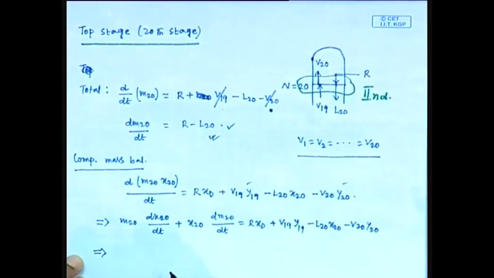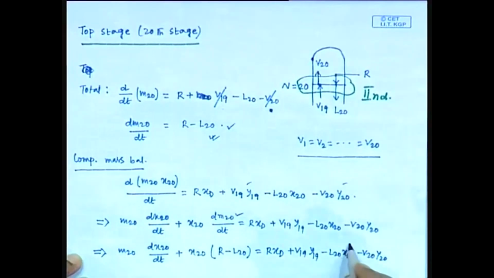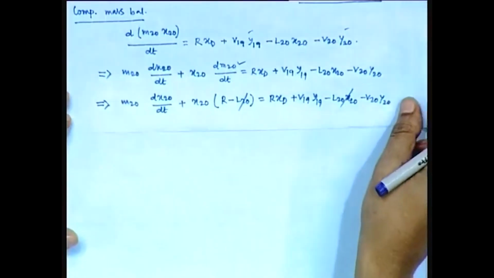If we substitute the total mass balance, X20 dt plus X20 dM20 dt, we will substitute that: R minus L20 equals Rxd plus V19 Y19 minus L20 X20 minus V20 Y20. So, L20 X20 is cancelled out. So, finally, we will get